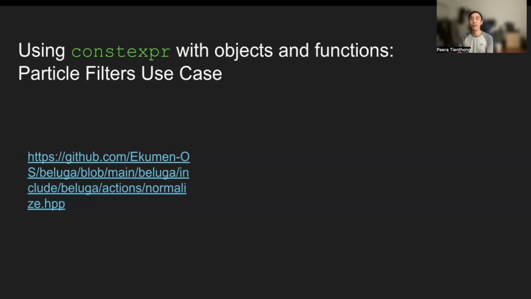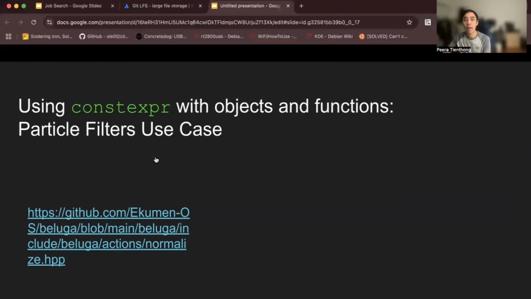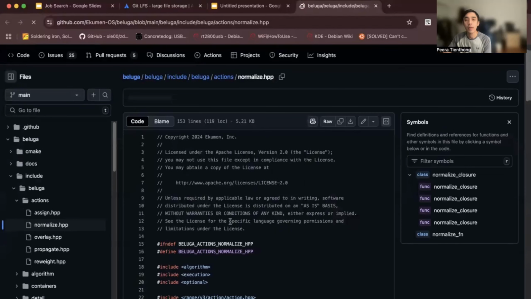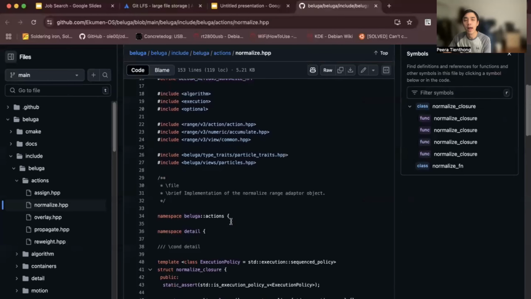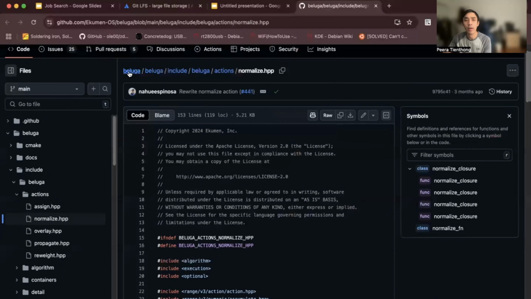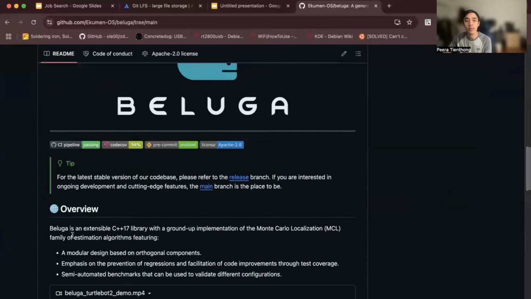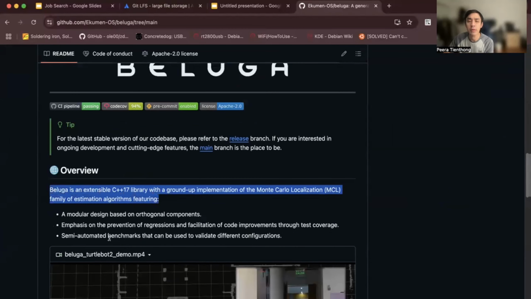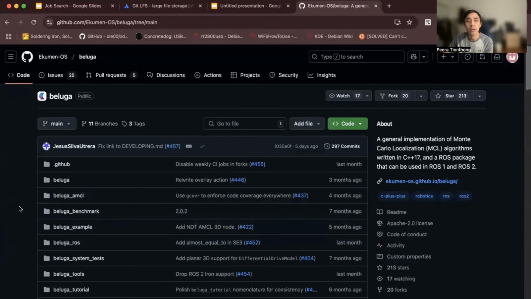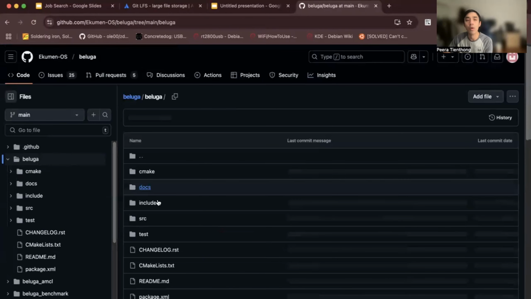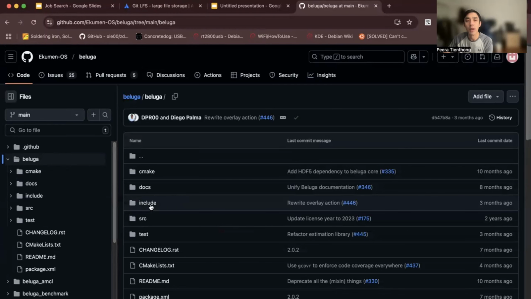And lastly, here's a use case of constexpr in a real-world application of the particle filter in the subject of robotics. Here I have the library from Ecumen. So here it is showing that this is in C++20. You can see from the README page that it is used in C++17 and maybe updated to C++20 or more. So here in the code you can see the template programming